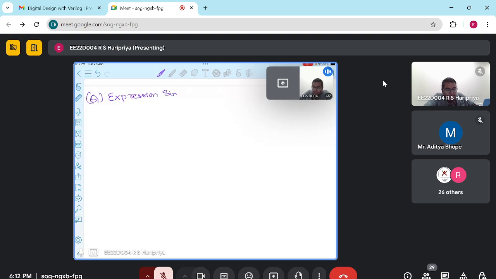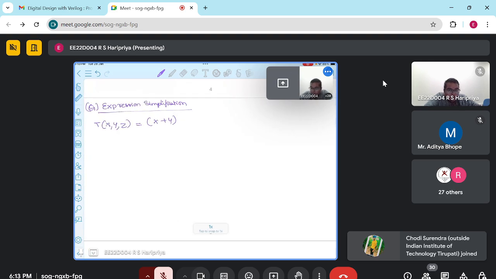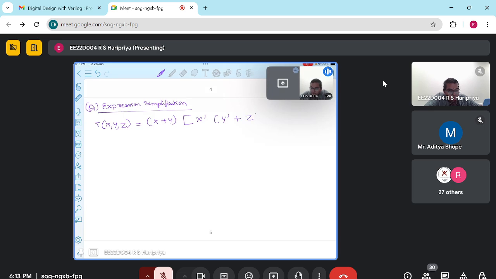Expression simplification. So if T is (x complement, y complement or z complement) the whole complement, plus x complement y complement, plus x complement z complement. So solving this,